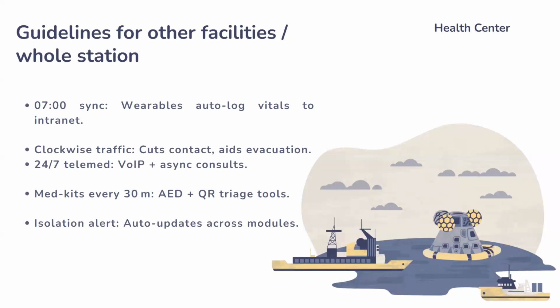So in past analog studies, including one at the Johnson Space Center and the HERA analog mission, it was shown that the unidirectional traffic pattern reduced accidental contact by around 40%, and in simulation with an infection control overlay, they improved spatial hygiene significantly. Then another critical layer is 24/7 telemedicine availability, and